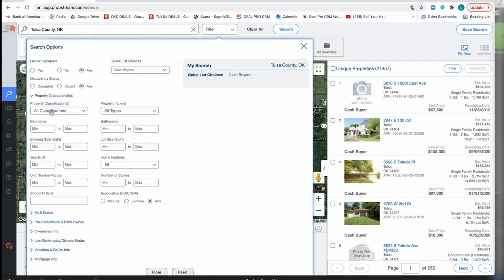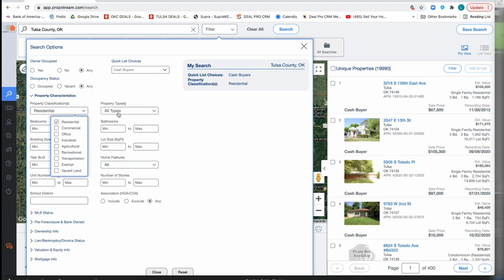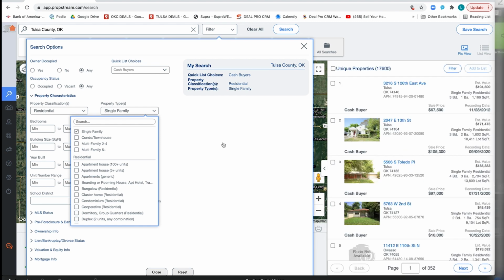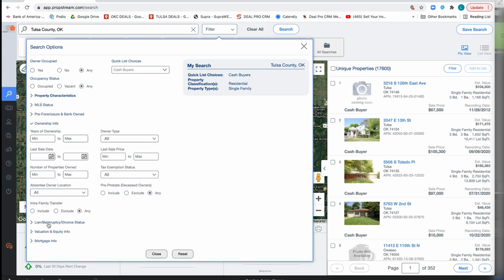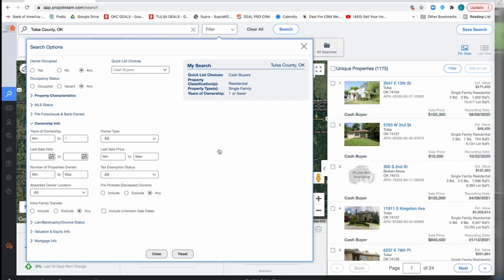If you want to make sure that you are getting all the residential properties, if you're going after, say, single family, you can go like that. And you want to make sure that you put in that they purchased within a certain amount of time, because you don't need cash buyers that bought 20 years ago. You probably want someone that bought maybe within the last, say, year. So let's say max years of ownership 1. So this is everybody in Tulsa that has purchased properties with cash within the last year, and they're all residential